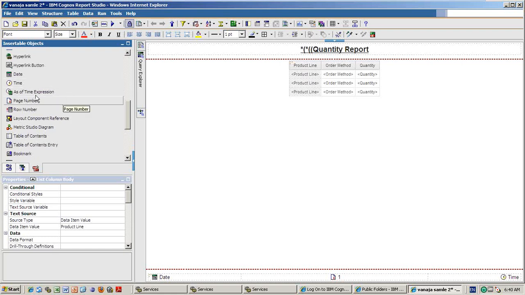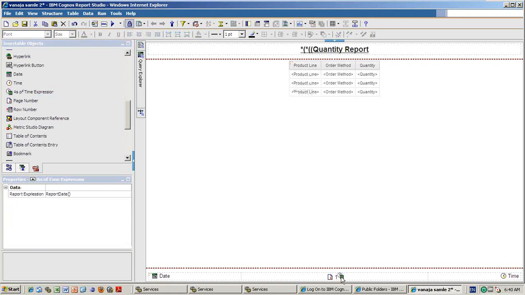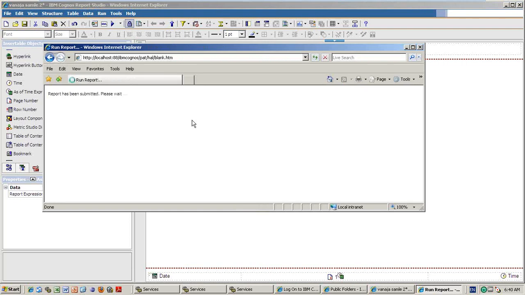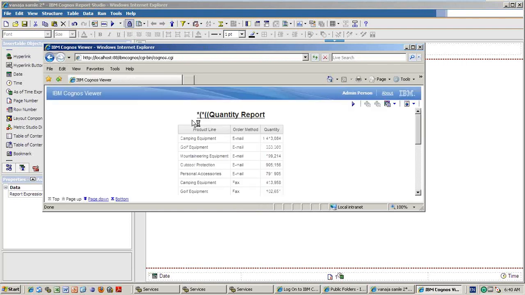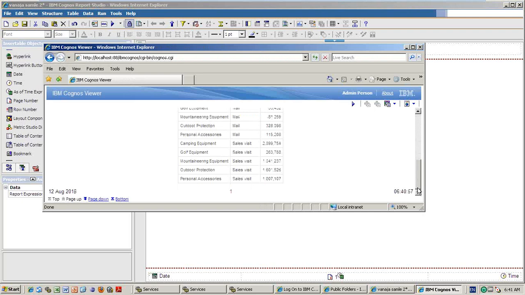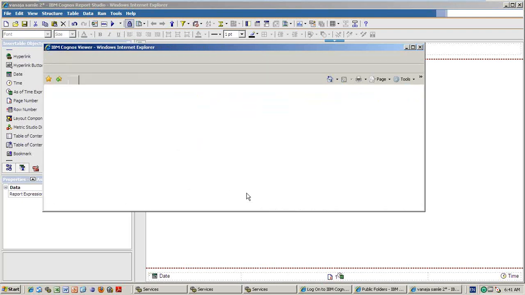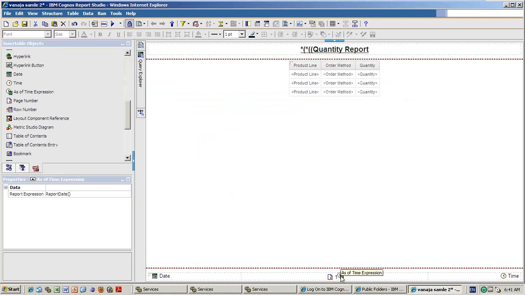What do you mean by as of time expression? As of time is also the same thing. After one, I am dragging this one, you see. It will not be visible, but this column I can use as of time, like a time only. It is date and time stamp from. But if you run, it will not appear. See, after one it is not appearing. But this thing we can actually use as an expression.